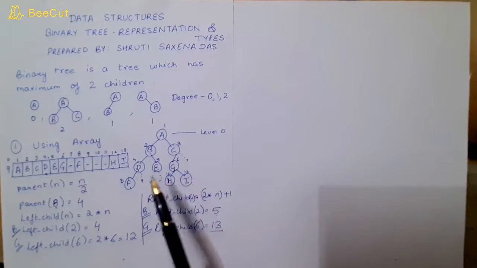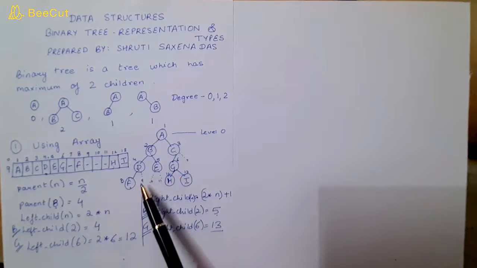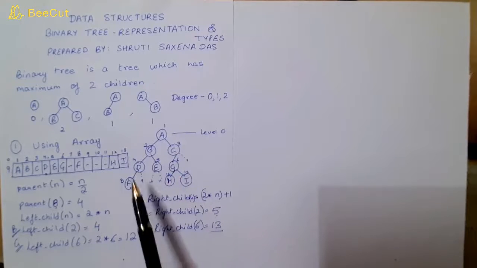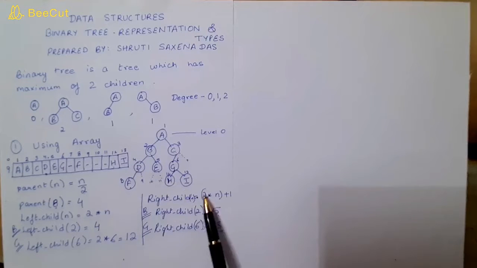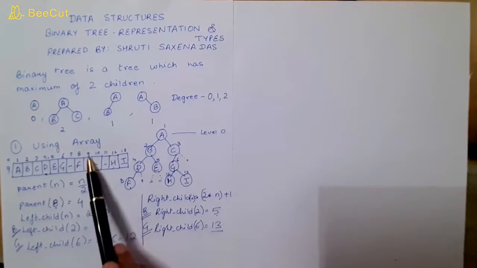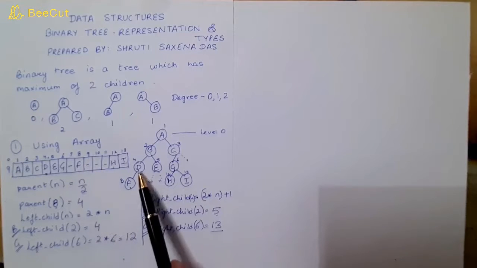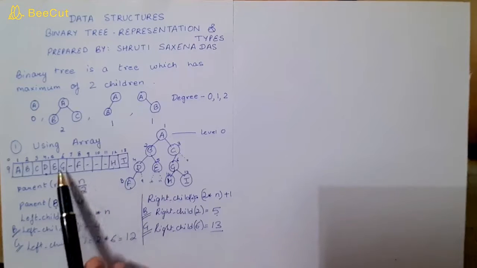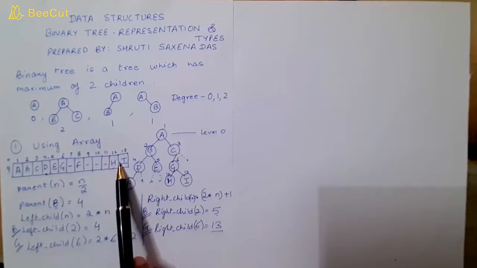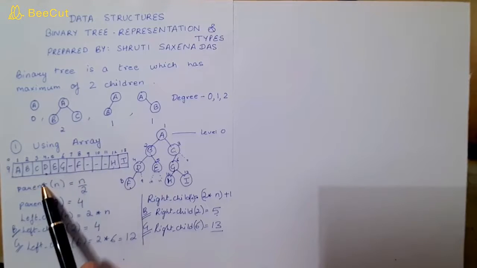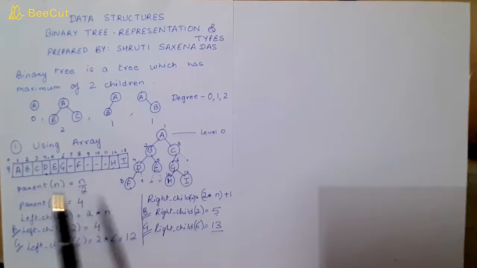If you see, for D, if we want to find out who is the right child, for D the index value is 4. If you put the value 4 over here, 2 4s are 8 plus 1, 9. If you see at 9, null is there. So null means D is not having any right child. So because of these things, we are storing null in the array so that we can easily find out who is the parent of which node, who is the right child, who is the left child. So I hope this representation must be clear.